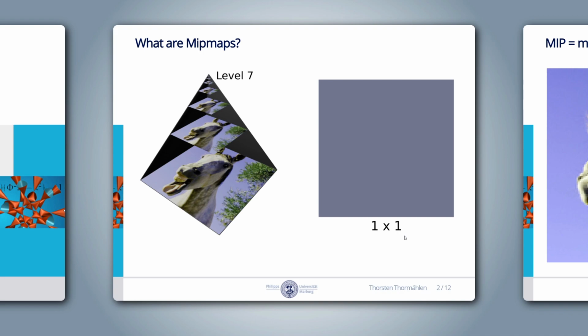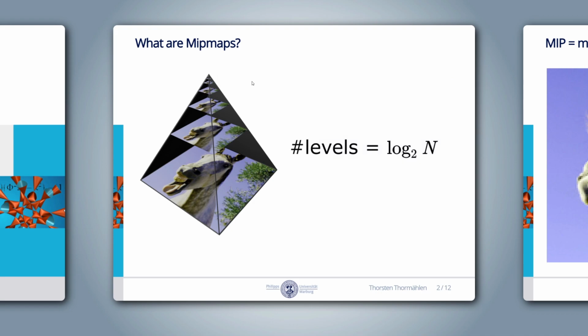When we start with 128 × 128 at level 0, the index goes till 7. But when the image resolution of the base level is larger, we get more levels. The total number of levels in addition to the base level is log2(n), where n is the resolution of the base level.